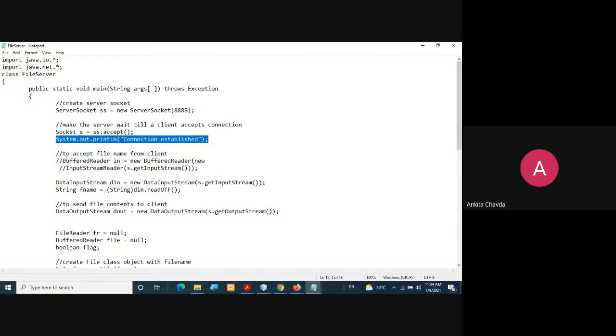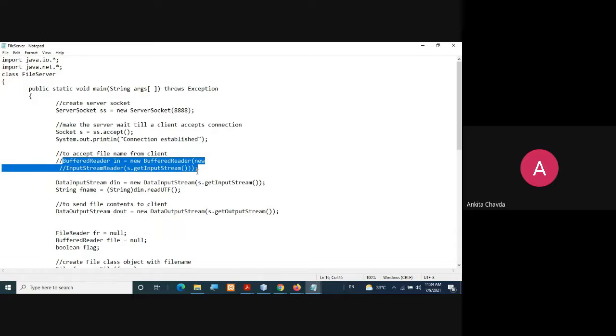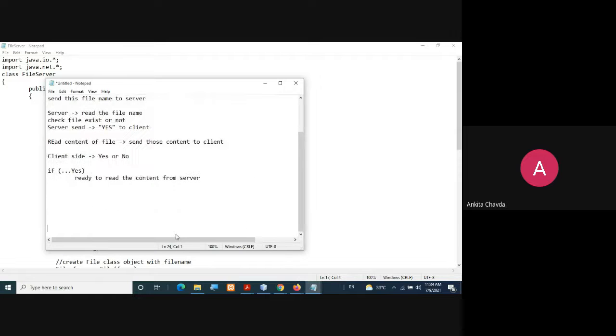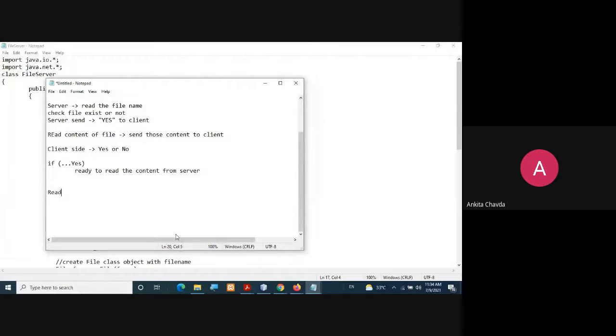Now you can even attach the buffer here, as we used to do in our previous applications, but it is not mandatory, you can skip it. Just one thing you need to remember: for any data you wish to read, you need a DataInputStream, and if you wish to write something, you need a DataOutputStream.